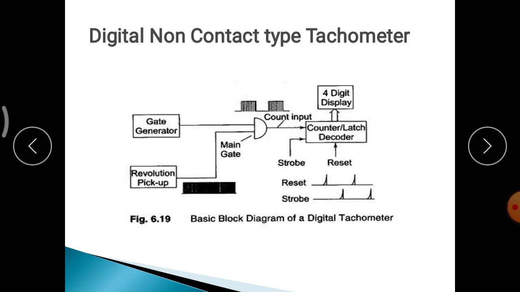See, it works on the principle of retroreflective scanning, and next is the photovoltaic effect. What is retroreflective scanning? It means the light source and the light detector, that is the photo detector, are placed in a common housing. Whenever the light rays are made to fall on that rotating shaft where the fixed mark is there,